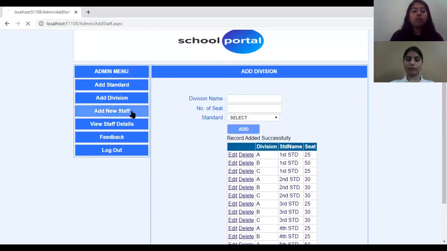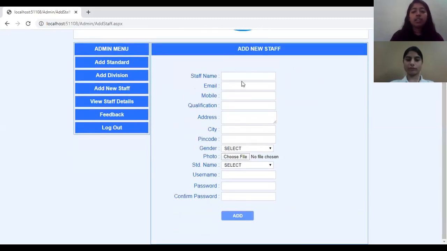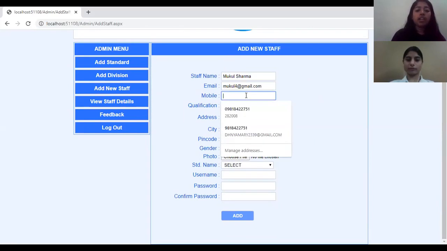Now we can add the new staff details. So here I will add a staff named Mukul Sharma. Enter the email address, mukul4@gmail.com. Enter the mobile number.